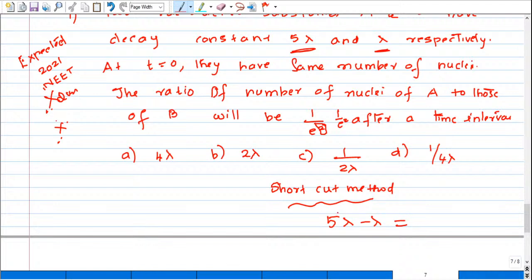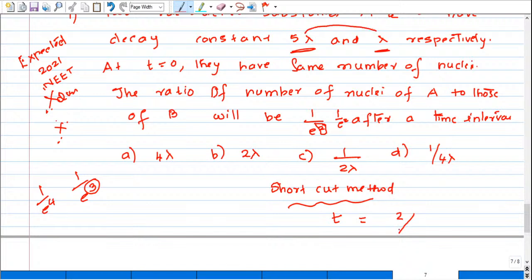So now instead of writing 5 minus lambda, see what you are going to do is, first you write down that number 2, divided by, see the question asks this time t is equal to, write down this number 2, because it is 1 by e square. If it is 1 by e cube you have to write 3. If it is 1 by e power 4 you have to write 4. So 1 by e square means write down this 2, divided by,